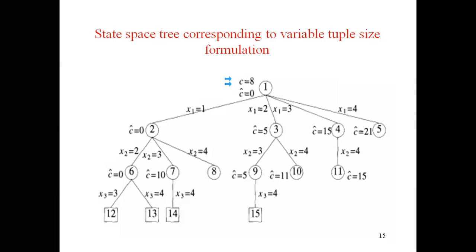Node 6 is the E node, as C cap of 6 is equal to 0, less than C of 3. Both its children are infeasible. So node 3 becomes the next E node. When node 9 is generated, upper is updated to 8. So upper at node 9 is 8. Node 10 with C of 10 equal to 11 is killed on generation. So node 9 becomes the next E node. Its only child is infeasible. No live nodes remain, so the search terminates with node 9 representing the minimum cost answer node.